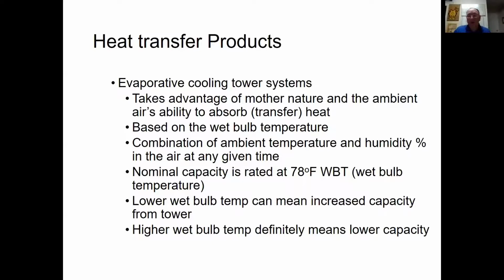In the majority of the United States and in your area, 78-degree wet bulb or lower is typically achieved 98% of the annual hours of a year. So you take the annual hours, 24 hours times 365 days, multiply it by 98%. That's how many hours you're going to have 78-degree wet bulb temperature or lower. So the majority of the time, you're going to experience